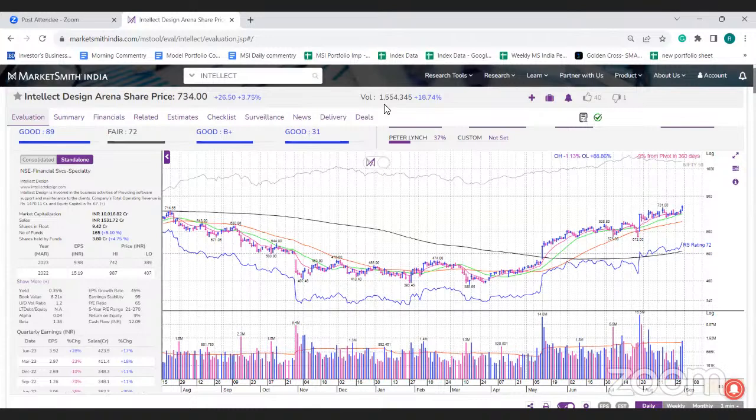The RS line is also improving and trending higher, which is a positive sign. So you can continue to hold it, and you can keep a stop loss around the 21 DMA, which is 3 to 4% from the current market price. But a fresh entry is not advised. There is no proper base formation, and an RS rating of 72 is fair enough, but we would like to see a further increase in the RS line going forward. Base formation is also advised because the current market is not looking good. So it's better to go with basic buying strategies rather than advanced buying strategies.